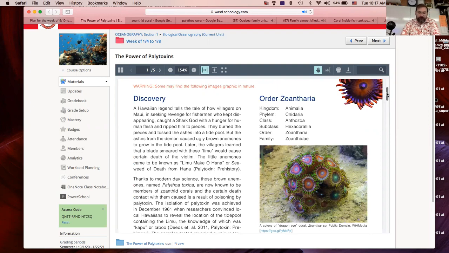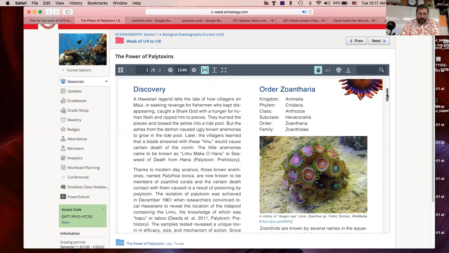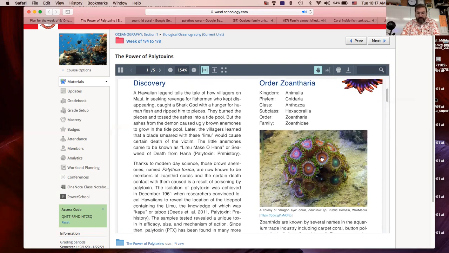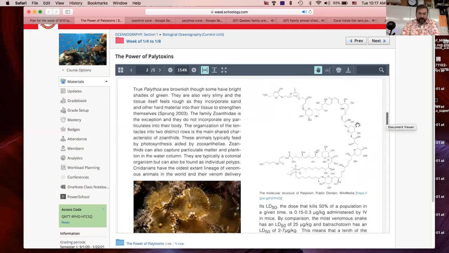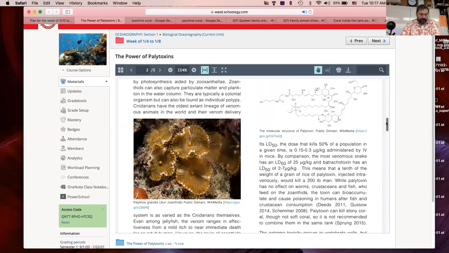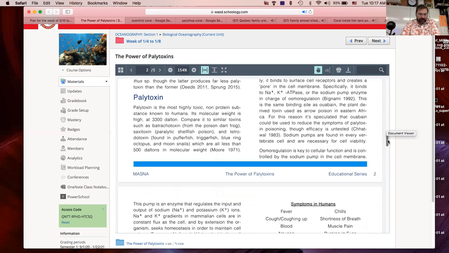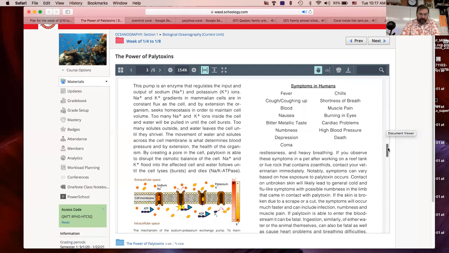Coral has been known to man as long as men and women have been going in the ocean. And sometimes you discover things intentionally, sometimes you discover things accidentally, but it turns out that this toxin that's in zoanthid and Palythoa coral, especially in high concentration, can be particularly sinister and even deadly to humans. Not all coral have high concentrations of Palytoxin, but some of it does in particular. Here's the chemical structure of the toxin itself, a little description about Palytoxin in general, and then some symptoms of